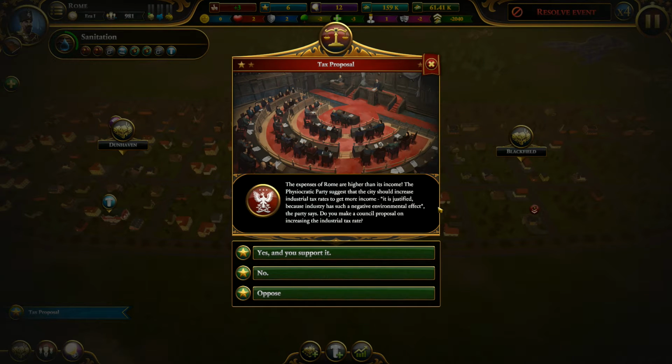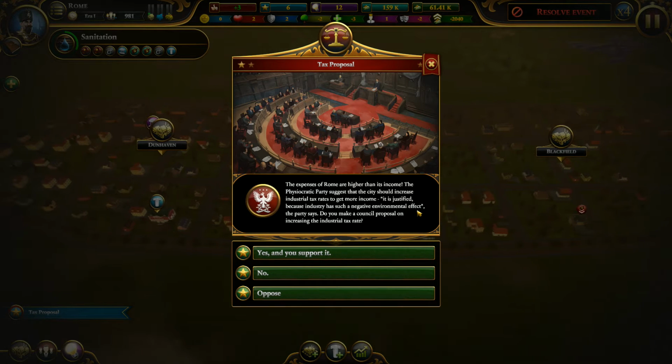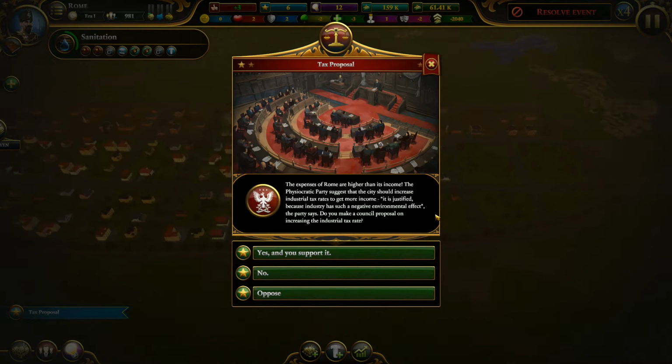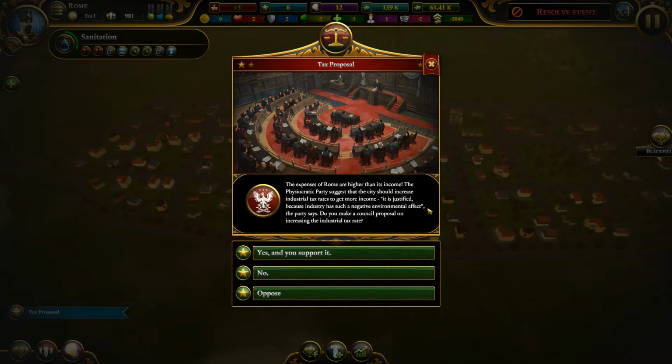Resolve event. Tax proposal. The expenses of Rome are higher than its income. The party suggests that the city should increase industrial tax rates to get more income. It is justified because industry has such a negative environmental effect. The party says, do you make a council proposal on increasing the industrial tax? Oh, it is justified because industry has a negative environmental effect. I mean,